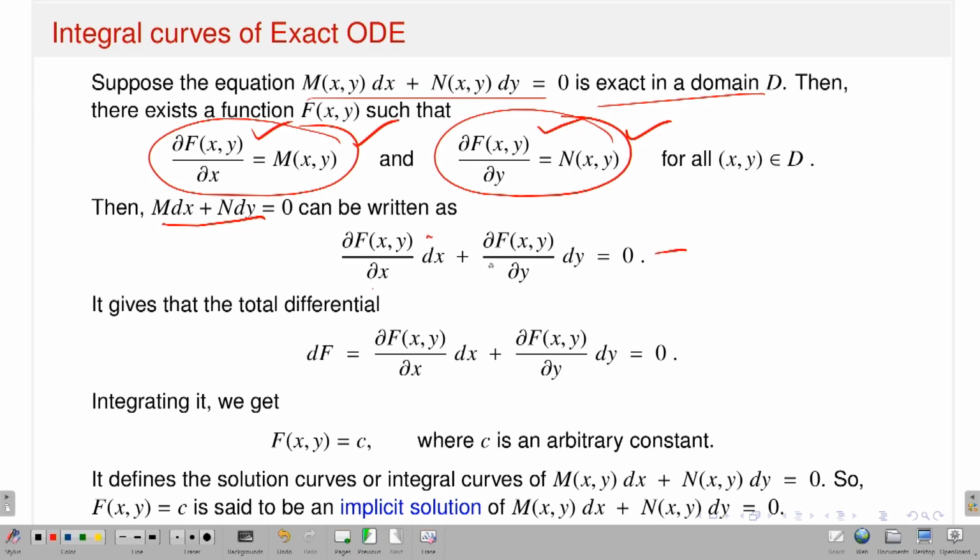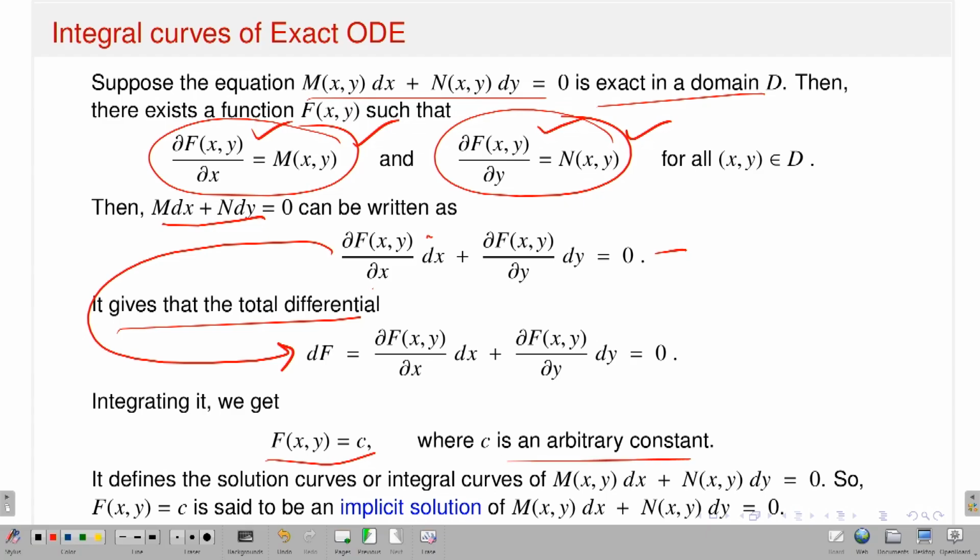But del f del x dx plus del f del y dy gives the total differential, that means I can write it as d of f. So therefore d of f is equal to 0. Now once you have d of f is equal to 0, you just have to integrate it. If I integrate it, then you have f of x y is equal to c, where c is an arbitrary